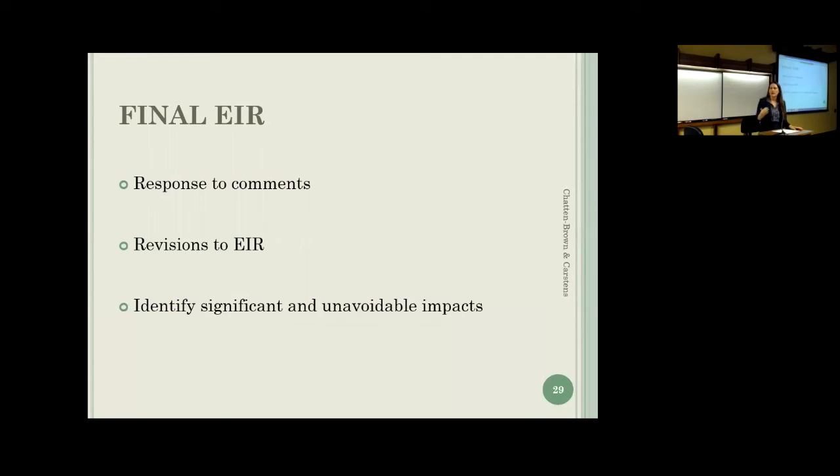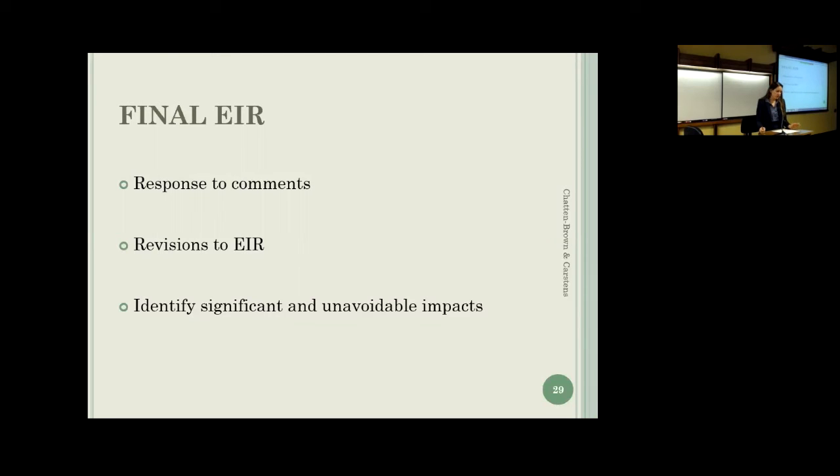Those need to be revised in the EIR. And if those revisions are very significant, they're disclosing new significant impacts or increased significance of an impact they'd already identified, they need to recirculate the EIR for more comments so that the public always has an opportunity to comment on those significant components of the project.